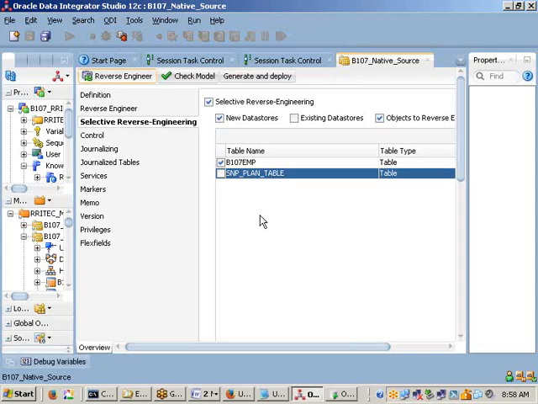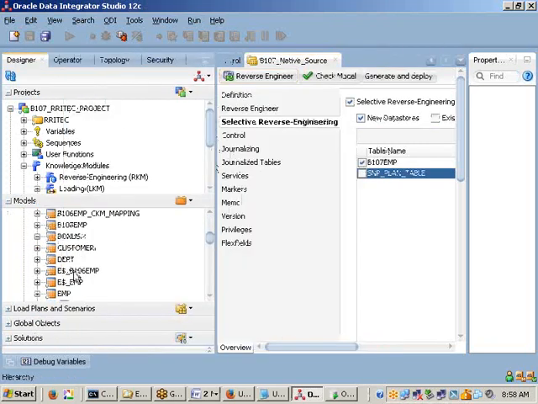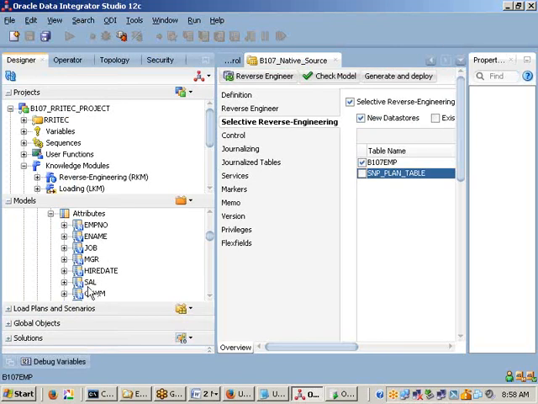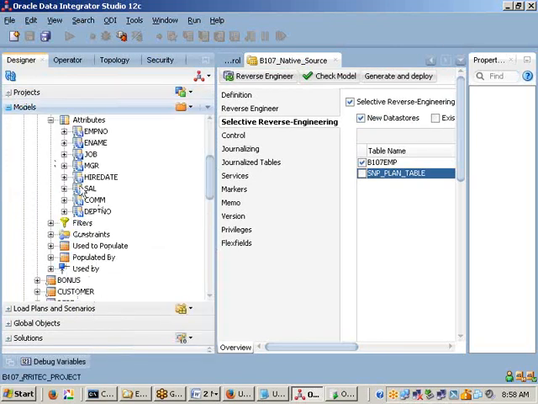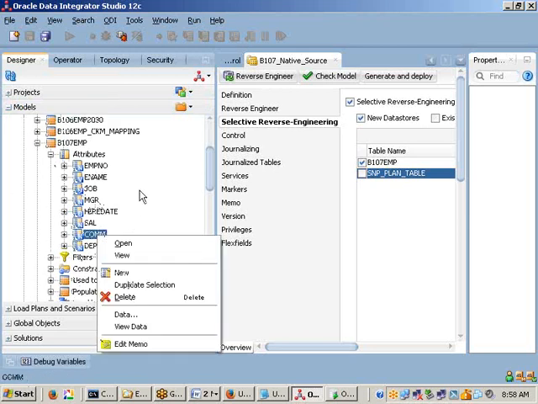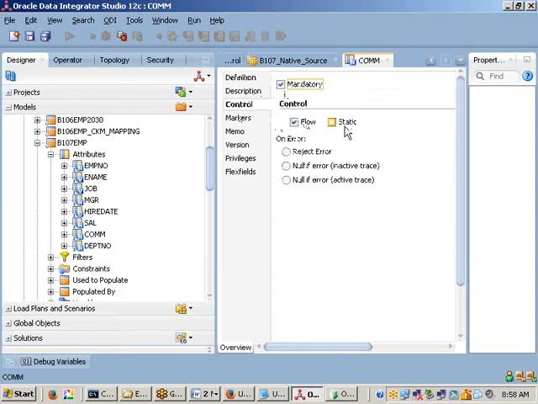Okay, click on reverse engineering. That is done. Then we go to B107 EMP, and in its attributes I have the commission. Open this commission. Then select your columns: in the control tab, mandatory.